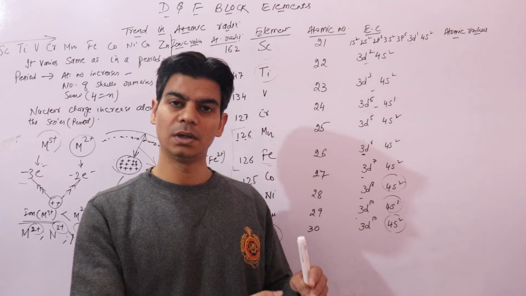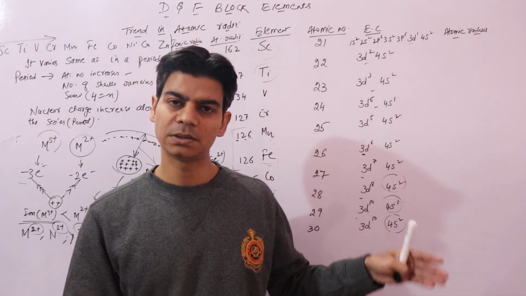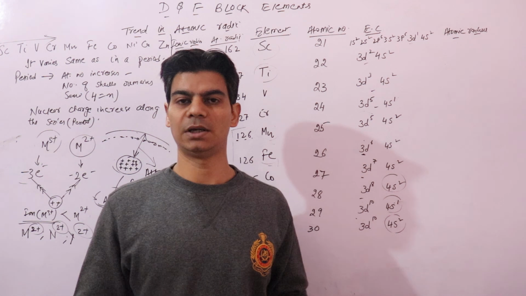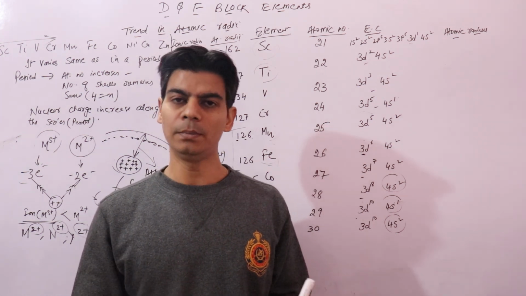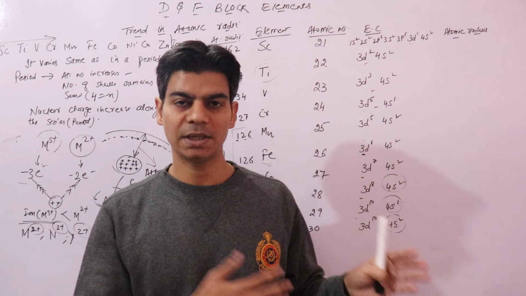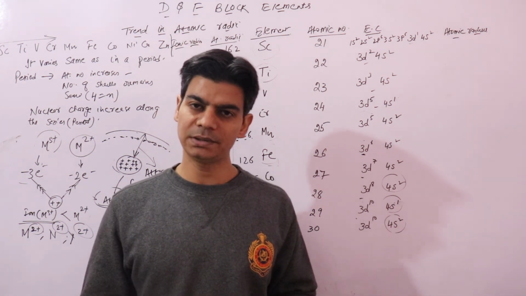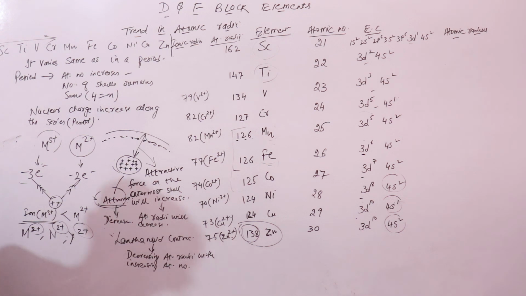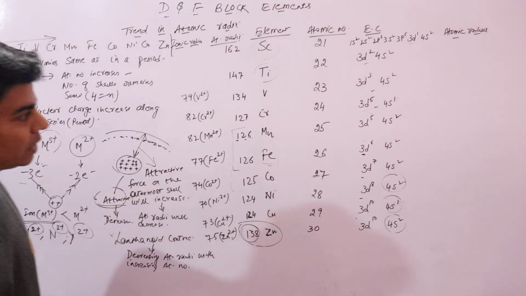And if you talk about the extreme left, S block elements have fewer electrons in the outermost shell, which they can easily lose, so they form positive ions. Same is true with D block elements. So S and D block elements will form positive ions, whereas P block elements will form negative ions, right? I hope this trend of atomic radii and ionic radii is clear.